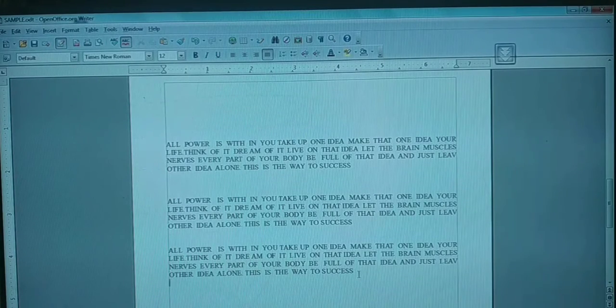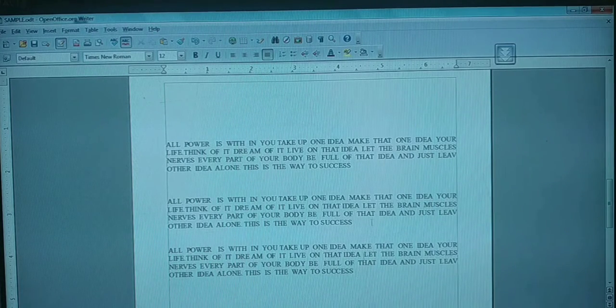Yes students, you already know the procedure, how to open OpenOffice Writer, everything you know. So now we can continue with the next topic, bullets and numbering. Why do you need bullets and numbering? It is used to make the list easy for you to read and follow. It is an excellent way to segregate a list and organize the information for the reader. Just a paragraph is somewhat difficult, but if it is given in a point-wise way, it is easy to go on with the procedure. For that, first we are going to have the bullets.